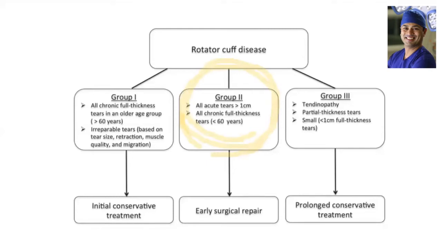But group 2, where the symptoms are acute. I'm at work, or I was just doing what I normally do, and suddenly I'm developing symptoms. And so all acute tears, which are full thickness, more than 10 millimeters, or even chronic tears in younger, that's physiologically younger people, people who are more active, people whose either occupational or lifestyle needs are higher, they do benefit from early surgical repair as long as